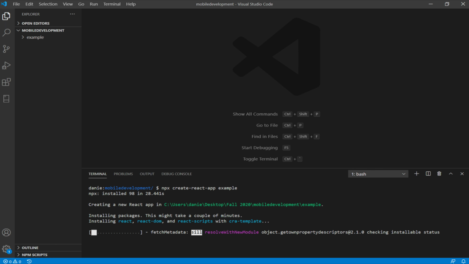Now this is the part that can take a long time. Part of the reason it can take a long time is because it's installing now somewhere between 1,500 to 1,800 packages. Which, if you remember, every time we use npm and we install one package, it usually takes a few seconds depending on download speeds and installations and everything else. So imagine now multiplying that by 1,800, and so we notice it could take a few minutes. So while this is going on, I'm going to move back to my slides, and then we'll come back once this is finished. So moving back into the slides then,